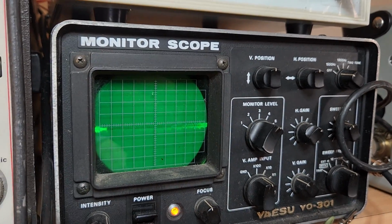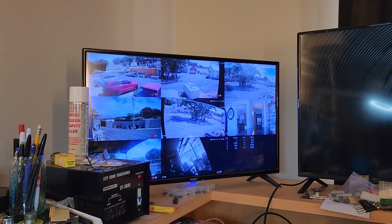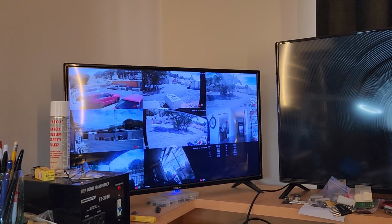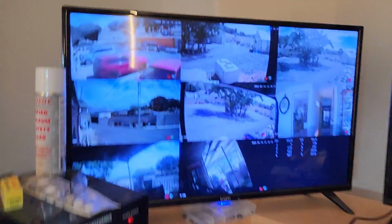Where's my builder going? Oh, he's going to pick up steel. I know where he's off to. It's all right, it's one of my builders. I was just thinking, he can't go yet. And this is how we keep an eye on the property. We could see what's happening. And there he goes. We just gave him the go-ahead